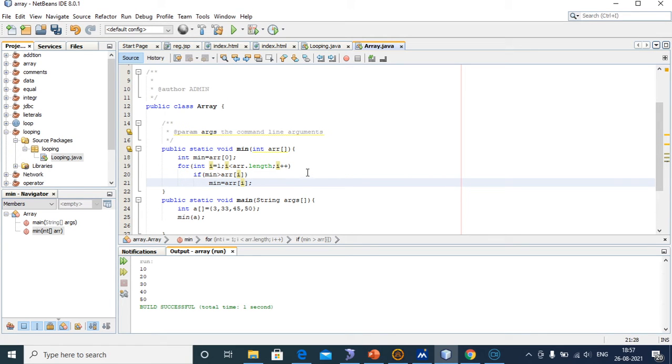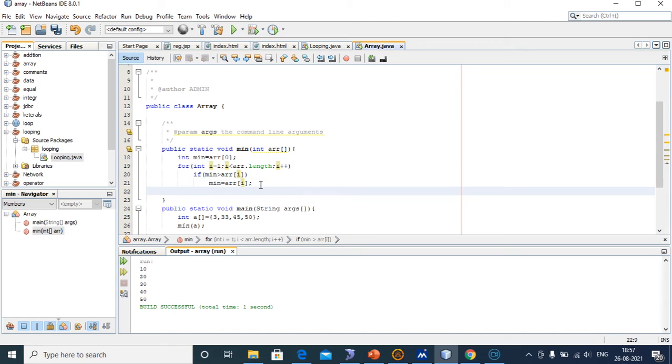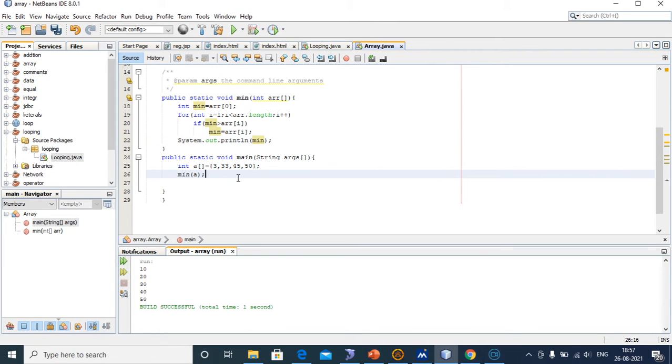Now we have to write the print statement. System dot out dot println. We have found the minimum value, so we give the minimum. Now we will execute this program.